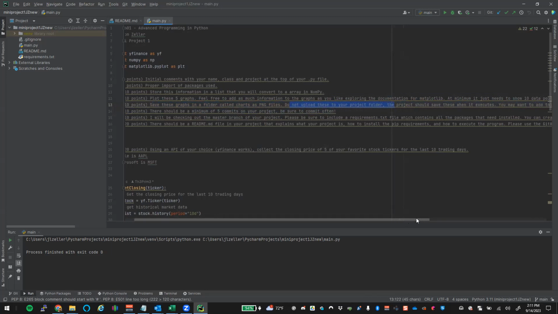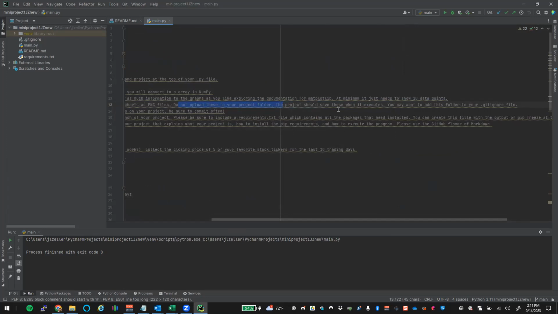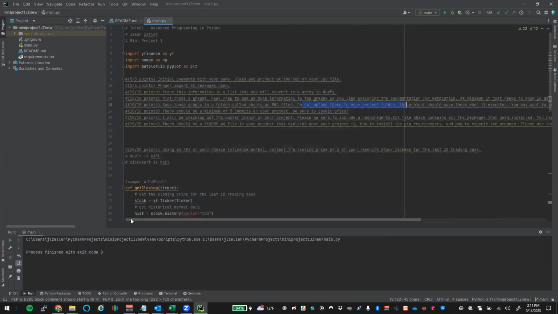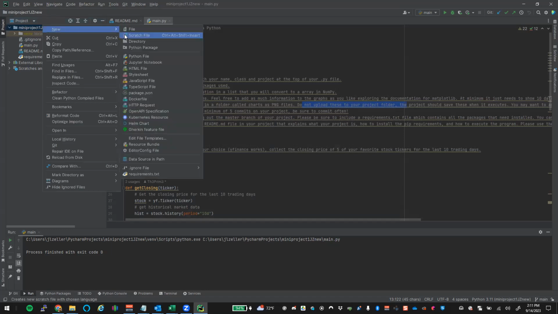The project should save these when it executes. You want to add this folder to your git ignore. So what does that all mean? First, we need to create a folder in our project, right? So we create a folder called, what did I call it? Charts,